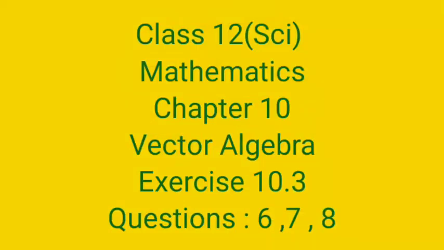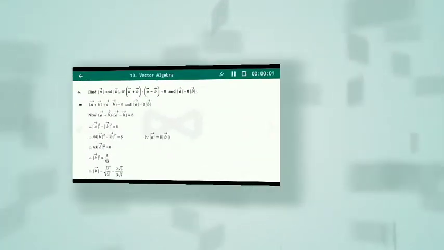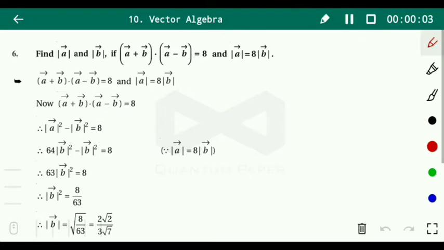Good morning, dear students. Today we are going to learn class 12 science subject mathematics, chapter number 10, vector algebra, exercise 10.3, question number 6 to 8. Question number 6. Find the magnitude of vector A and magnitude of vector B if (vector A plus vector B) dot